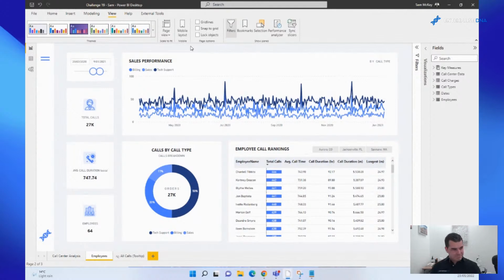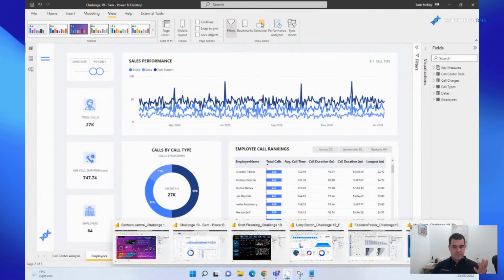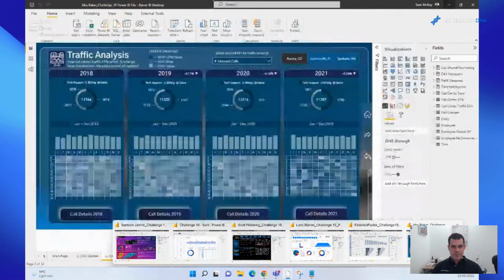So hopefully some of you agree. It's actually not that complicated, but it is a really simple and effective way to always know that you're going to have a symmetrical and good look in your reports, but also a good consumer experience. This is just one example, but I'll quickly jump to a couple of other examples.